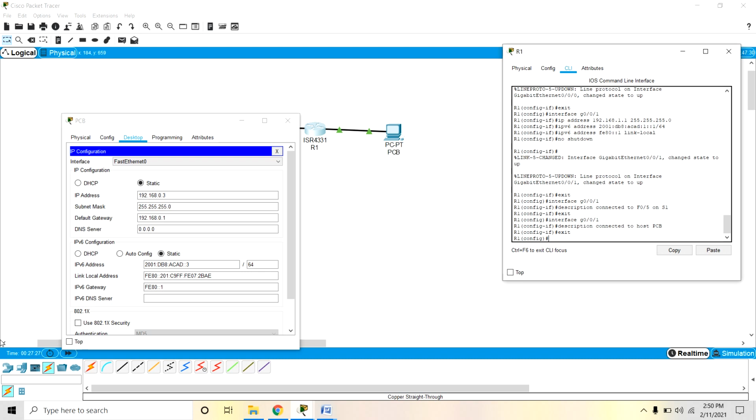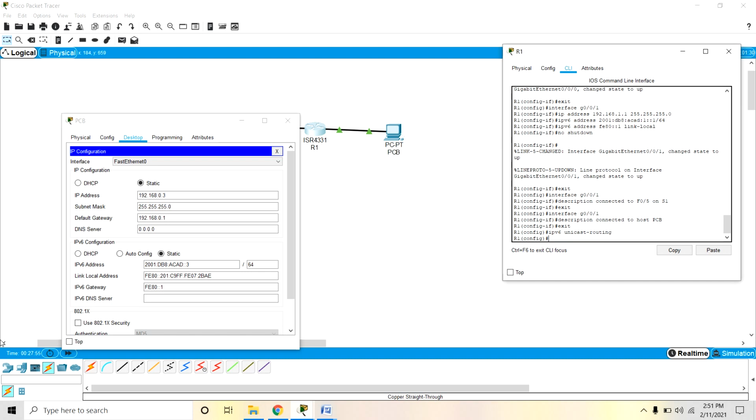Now the next process is to enable IPv6 routing. Enter the command ipv6 unicast-routing. Okay, we will use the R1 config here, ipv6 unicast-routing, correct.